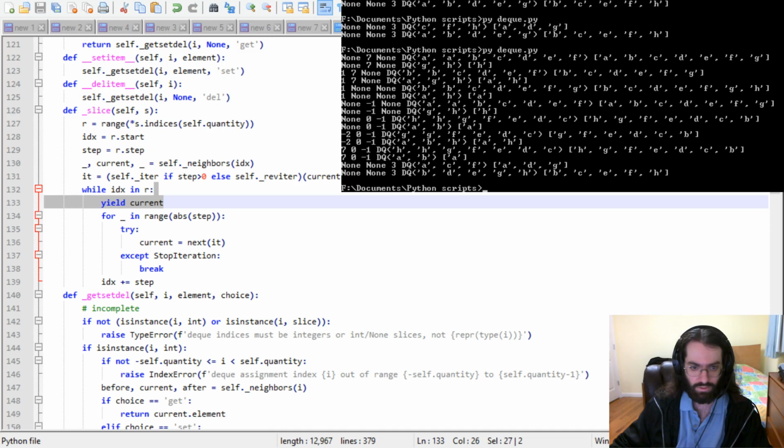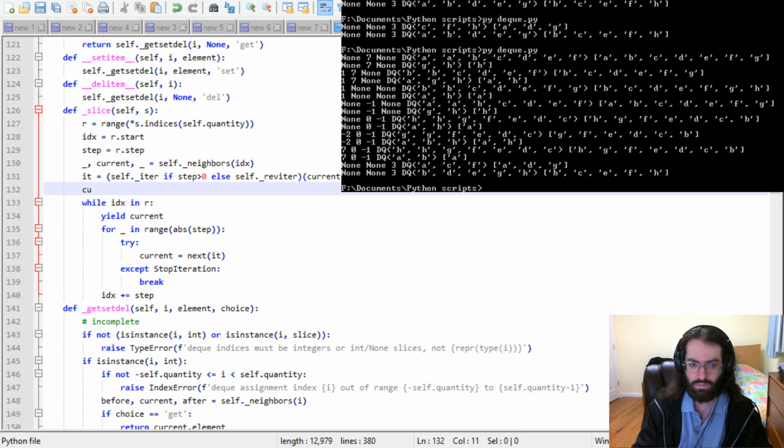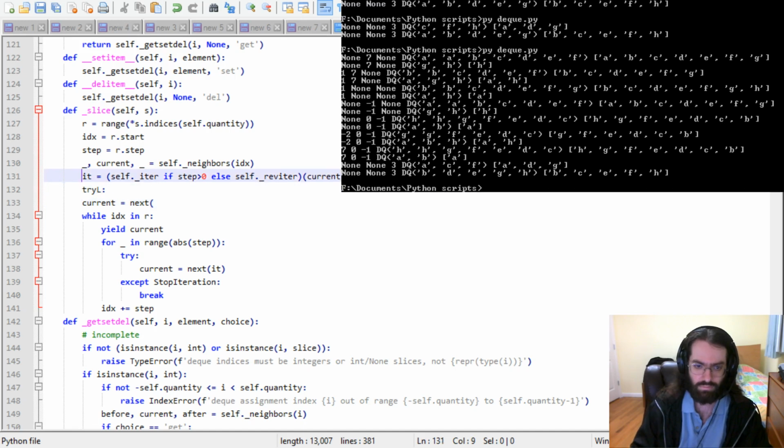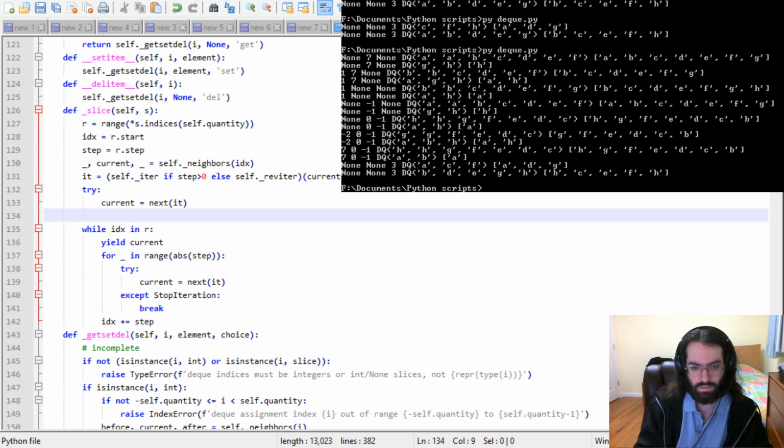It yields the current one, and then tries to get the next one, and that is already the next one. Oh, I have an idea. Equals next